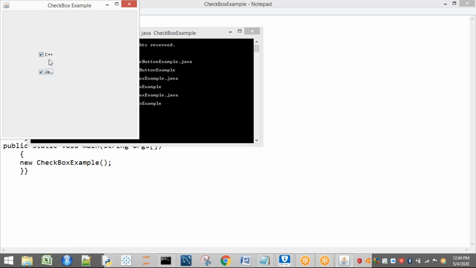You have to observe, because the same type of example we are going to see next. There are radio buttons we are going to see after this one. There you can understand what the difference is. So there you can see the difference.